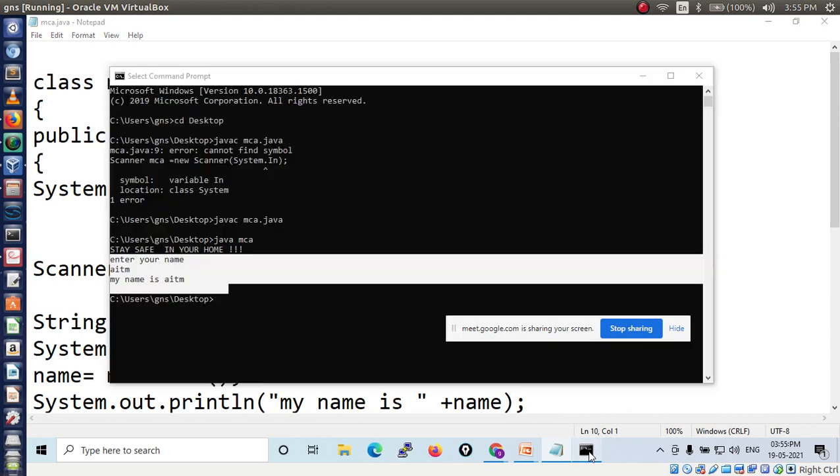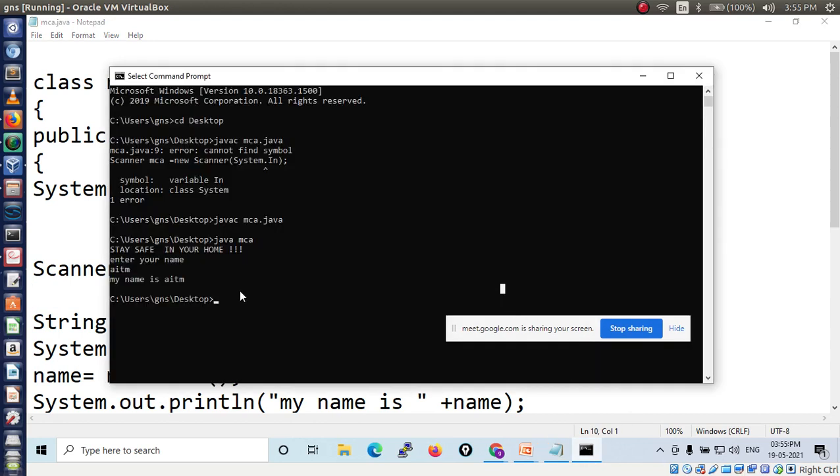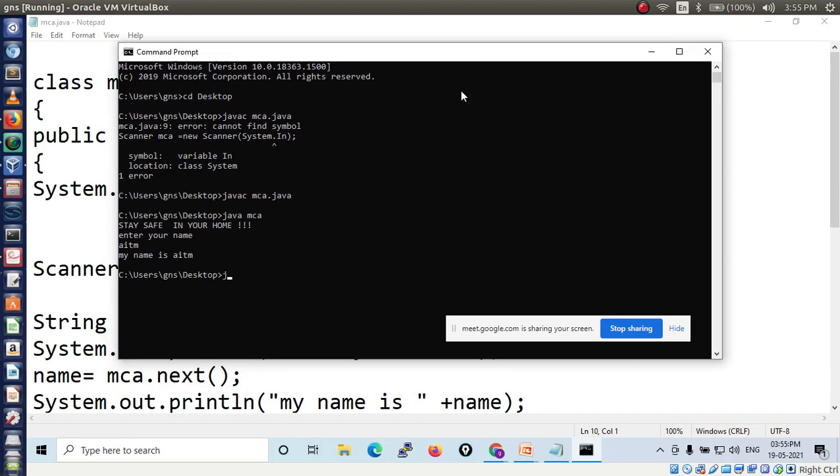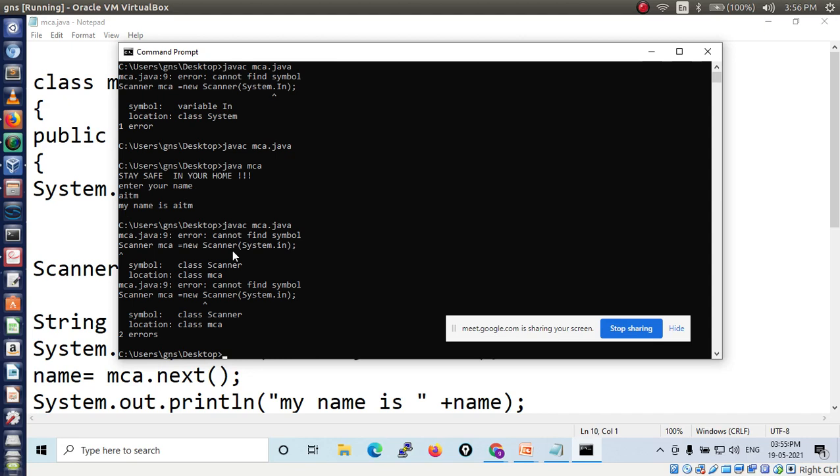So I am going to compile this program. I already got the output, but still I will compile the program once again. javac MCA.java. So let's see what will happen. An error is shown in the Scanner class. See here, symbol: class Scanner, location: class MCA.